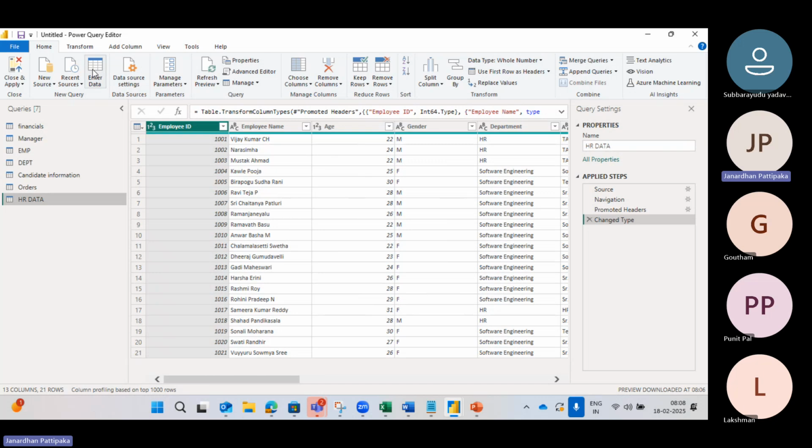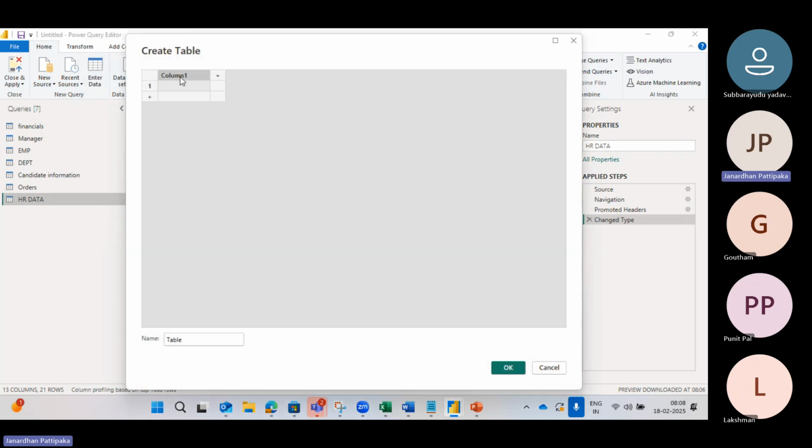And the third one, enter data. I have already said what the enter data is. If you want to create any manual tables, you can create them. See, yesterday we created one, right? Click on this, enter data. The column name we created as name, and in this column we gave mobile number. So I click name as Janardhan and mobile number I'm giving as 80966766423. And the table name I want to give, as we discussed yesterday,